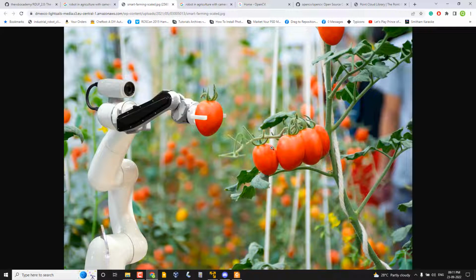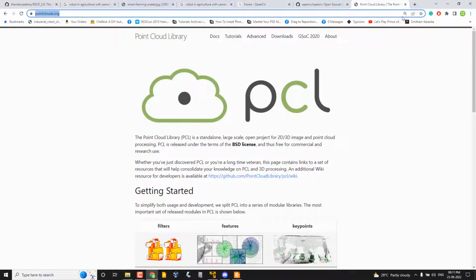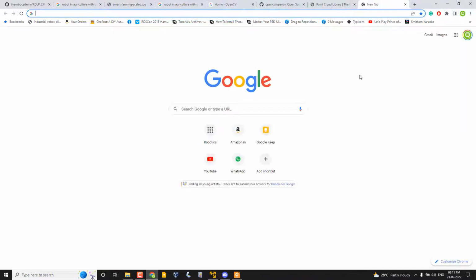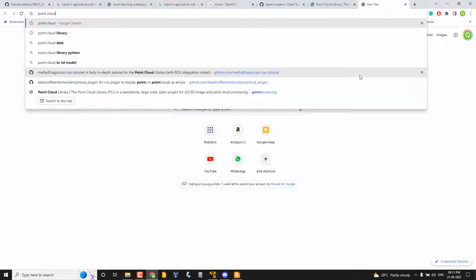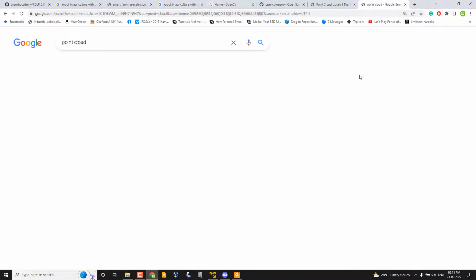So if we identify the tomato using OpenCV, we don't know the three-dimensional aspect of the object. We only know the position of the tomato with respect to the image. But if we have the point cloud data, I think you may know, for beginners I can say point cloud is the 3D data